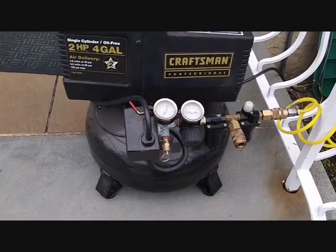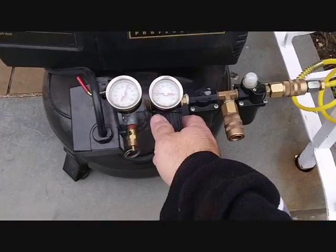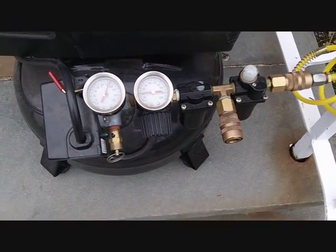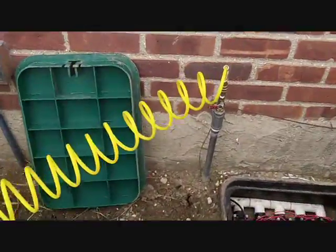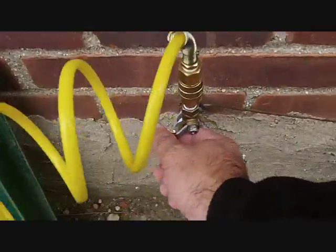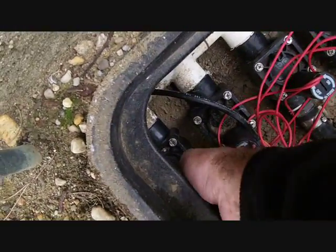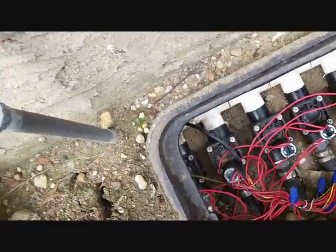So my compressor is set to 130 pounds. I have 40 pounds of pressure in there. Let me adjust it. It's a little bit higher. I've adjusted to 40 pounds per square inch there. I have my hose going there. I turn the valve on to let air into my system, and then I just twist the valve counterclockwise to turn it on. The minute I do that,